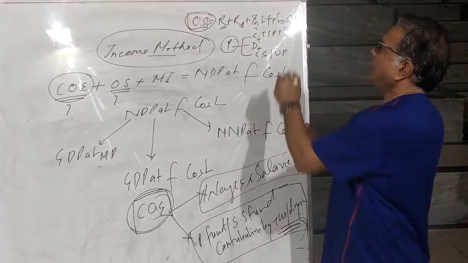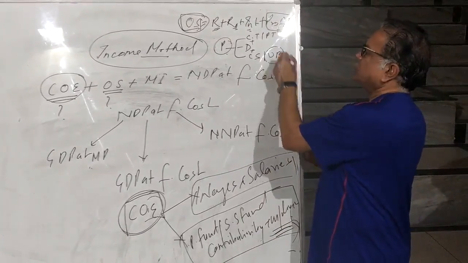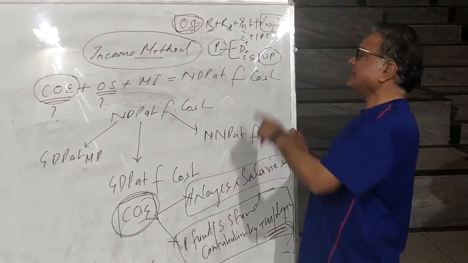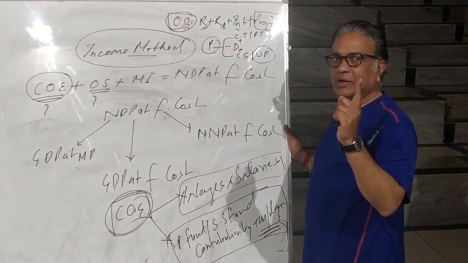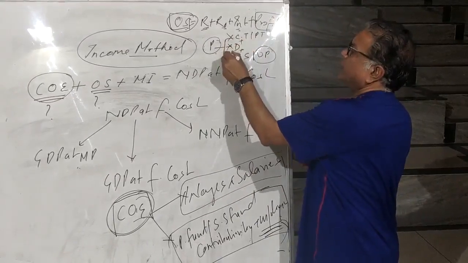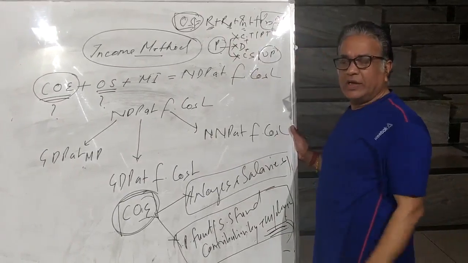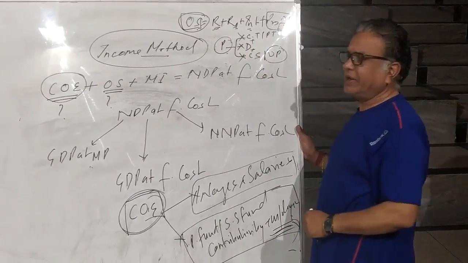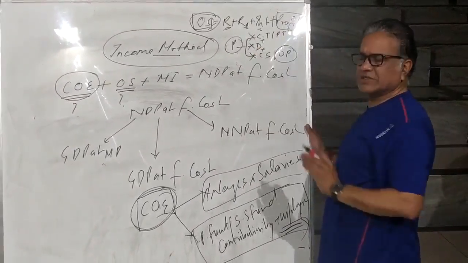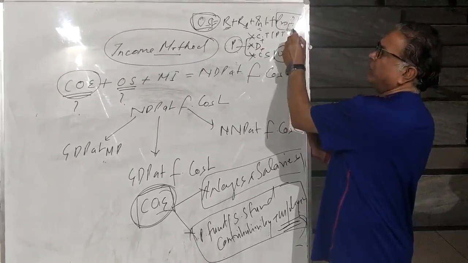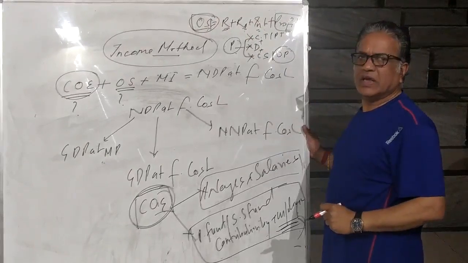But at the same time, if you have been given profit in the numerical, along with profit you have been given undistributed profit also. So in this case, if you add this undistributed profit in profit, what will happen? Double counting. So if profit is given, no need of looking into these items. If he is giving these items along with profit, he is making you make the mistake of double counting and you will not get the right answer. So if profit is given, no need of going to this. Simply pick up the profit amount, interest amount, royalty amount, rent amount and add them, get the operating surplus.